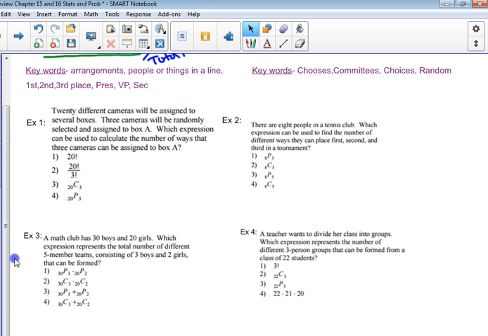So they have 20 different cameras that will be assigned to several boxes. 3 cameras will be randomly selected and assigned to box A. Which expression can be used to calculate the number of ways 3 cameras can be assigned to box A? Alright, well,